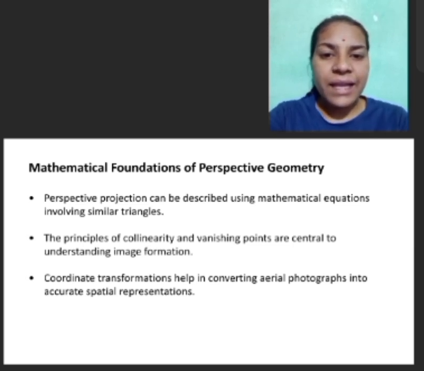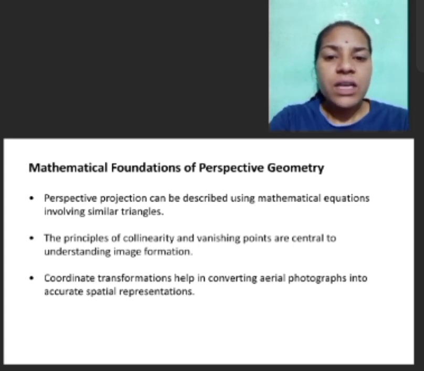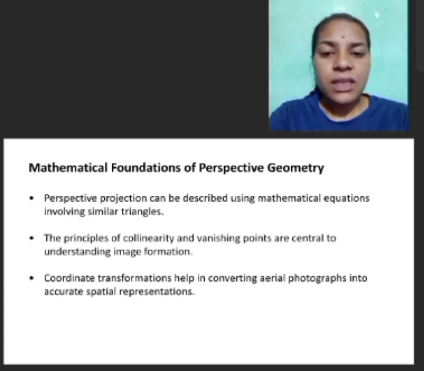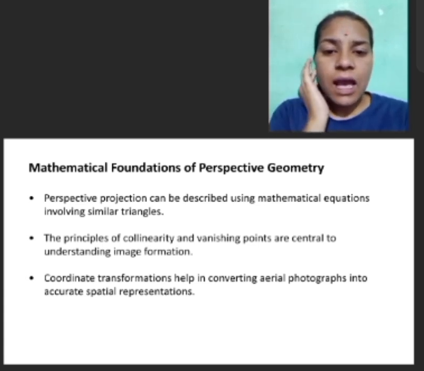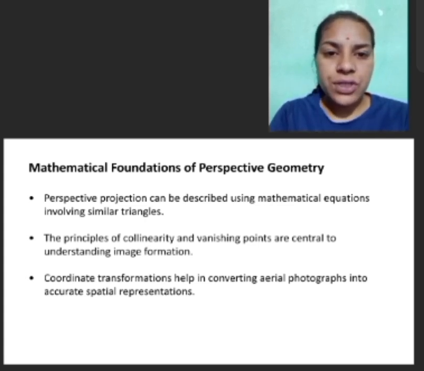In this slide, I explain the mathematical foundations of perspective geometry. In the first point, perspective projection can be described using mathematical equations involving similar triangles. Second point, the principles of collinearity and vanishing points are central to understanding image formation. Third point, coordinate transformations help in converting aerial photographs into